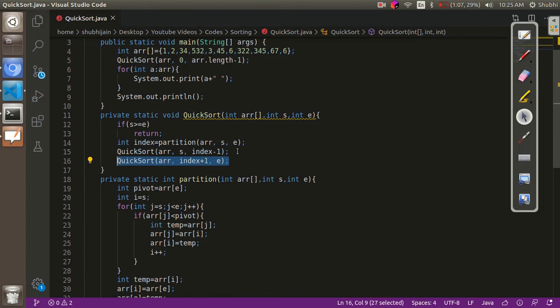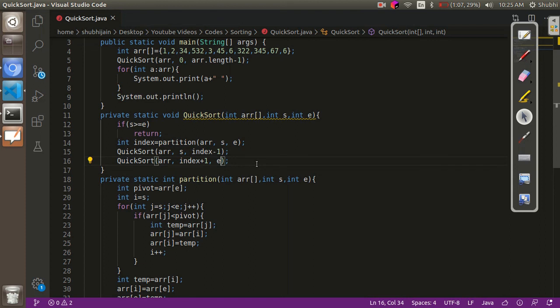But for the worst case scenario, as we know that only one of the recursive calls is useful, it becomes a tail recursive function. And a tail recursive function can easily be converted into an iterative function just by replacing the recursion part by the updation part. So we are going to convert it into an iterative function, and instead of the call, we are just going to update the value of my starting and ending index.